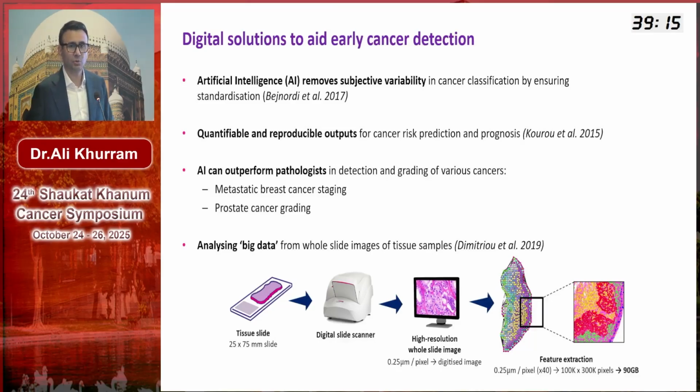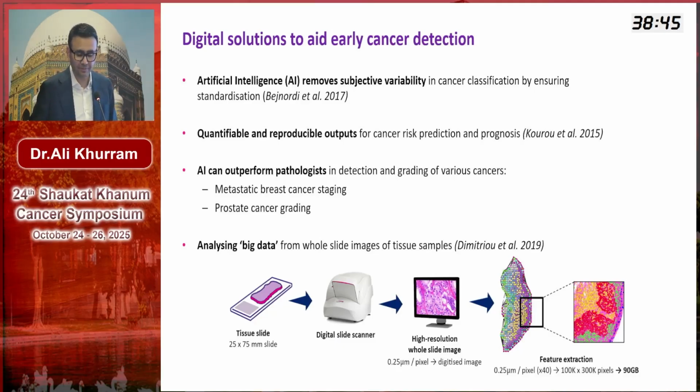So there's been a lot of evidence emerging over the last 10 or so years that AI can help us get better. So as pathologists, we are very good, and we heard about how morphology is the key focus. But perhaps AI can help overcome some of those subjectivities and variations between different pathologists. It's been shown to standardize outputs. It's been shown to maximize or quantify the scores and the outcomes from pathology.